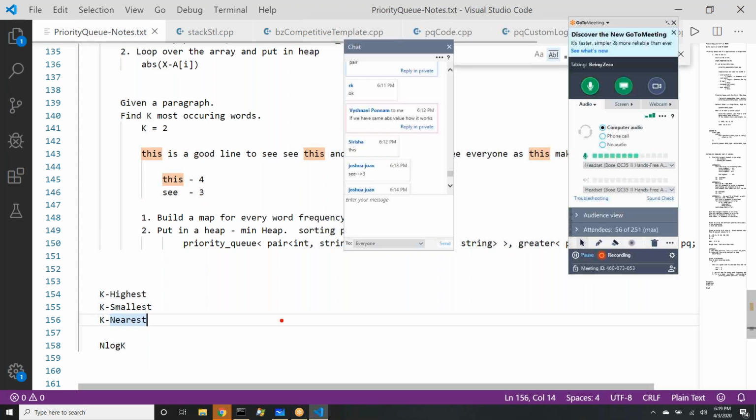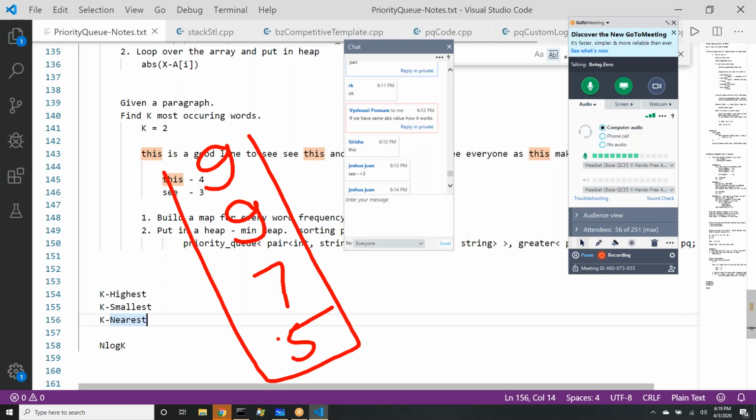Imagine the priority queue is a max heap with values 9, 9, 7, 5. So this is your max heap with 4 values. Their order will be defined based on your custom logic. Remember we discussed the problem where, if two numbers have an equal number of digits, then our logic should change. Otherwise, both of them will be on top in the max heap if two highest values are there. So the priority queue allows you to put duplicate values. Does that answer your question, Vaishnavi?